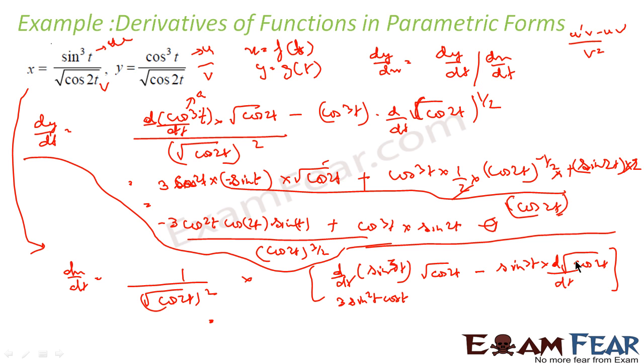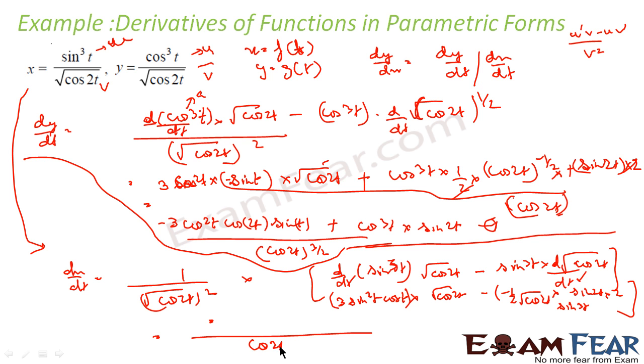And this guy we have done actually. So this guy becomes minus 1 by 2. So minus of minus 1 by 2 into root of cos 2t into sine 2t into 2. Same thing we have done here. So if you solve this, this guy is this into root cos 2t, and this thing is this guy into sine 3t. So if you solve this, what you're going to get is